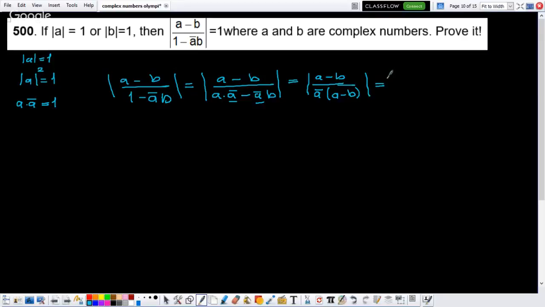Then A minus B and A minus B we will simplify,